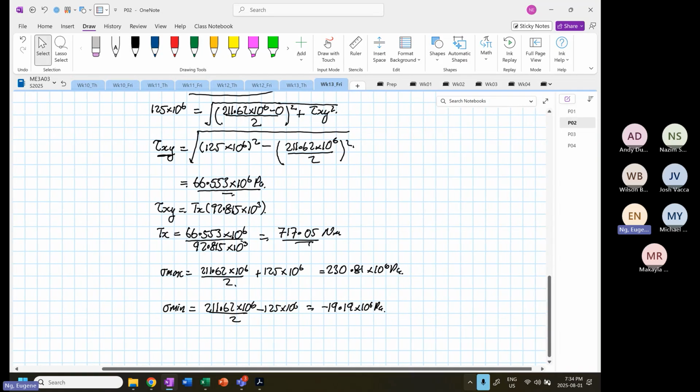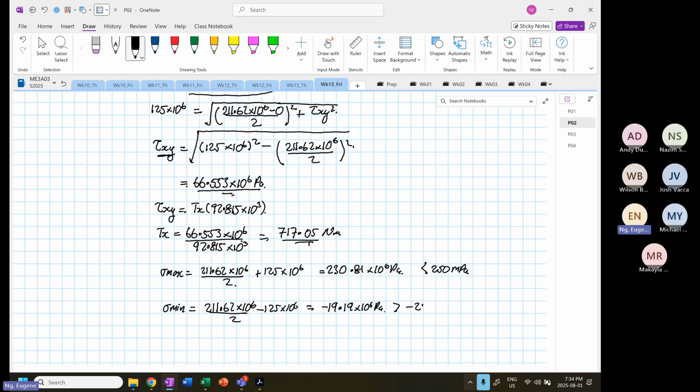So this is less than 250 megapascal, and this is greater than minus 250 megapascal. So the structure will not yield. There's no point checking the shear because if we check the shear, we know that the shear max and the shear calculated